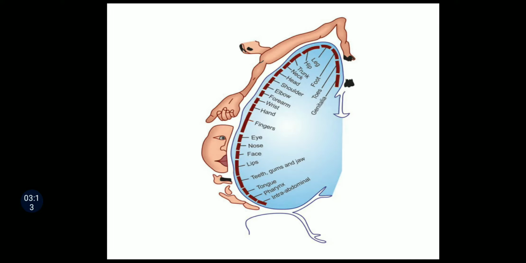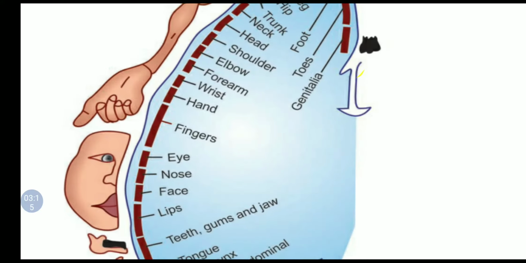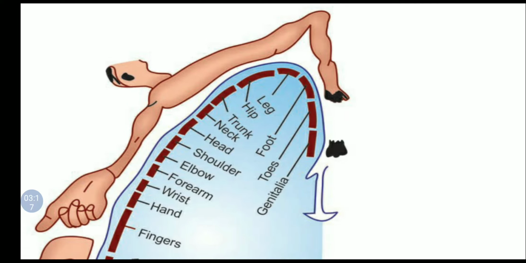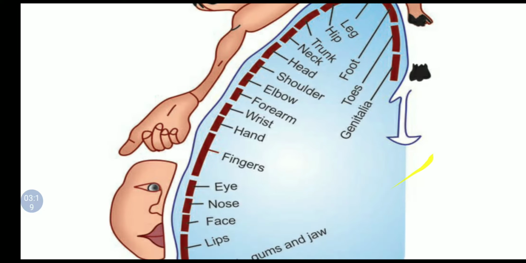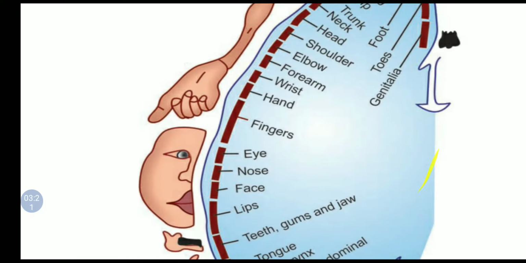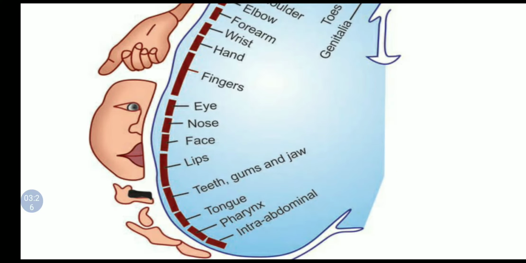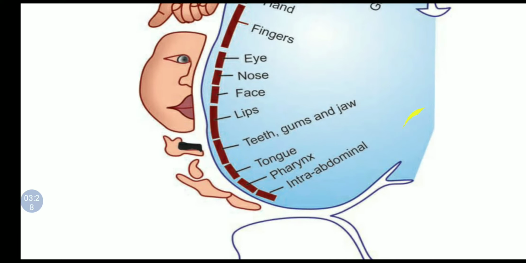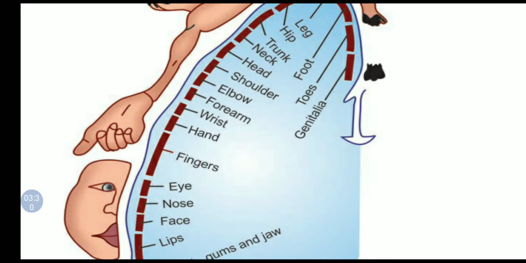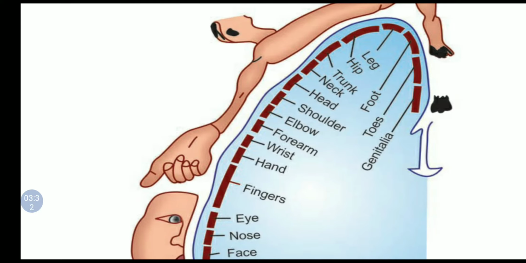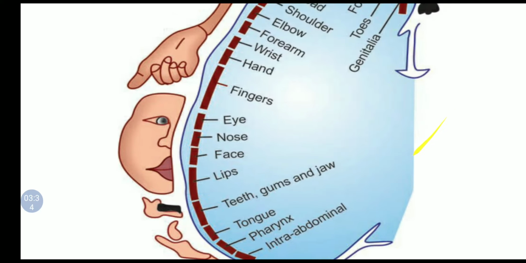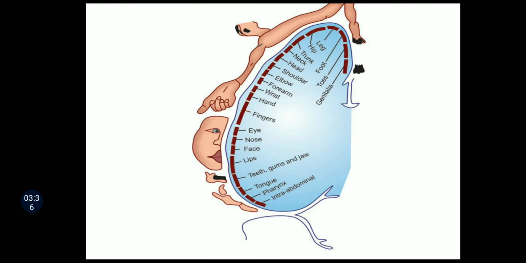Here in this diagram you can see the various areas of the body represented in this primary sensory area or somesthetic area 1. So all the sensations of the body will reach here, same like motor areas. In area number 4, in motor area they are represented, and here in case of sensory areas in parietal lobe, all the sensations will come here.